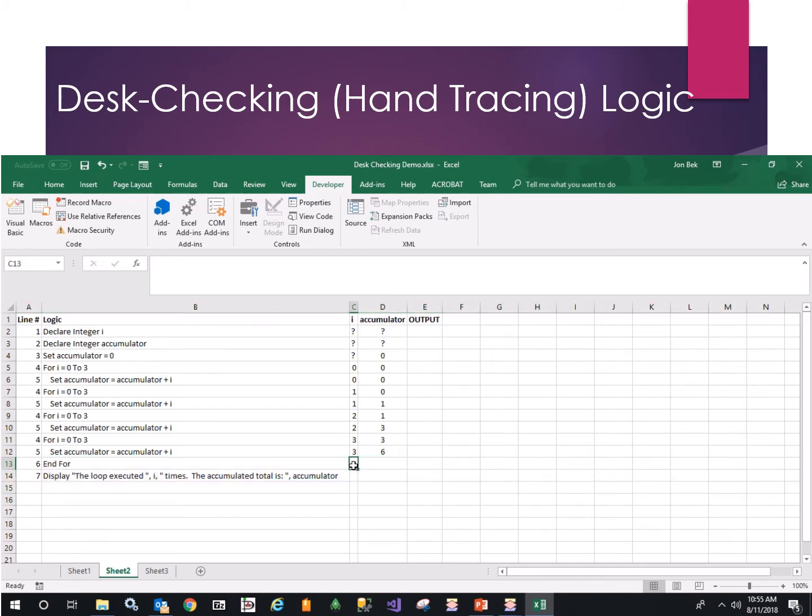End for. Now remember that what made it fall out of the loop was that the loop test incremented I one more time. So I goes to 4, the accumulator has not changed, and then we have to see what we're going to output. The output statement does not alter either of those variables, and our output is going to be: the loop executed, and I is now equal to 4, so we put the number 4, it replaces the variable,